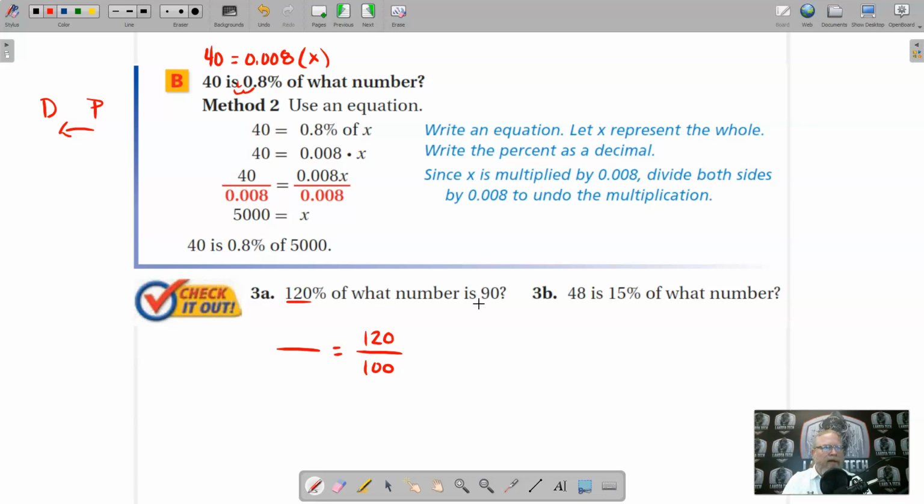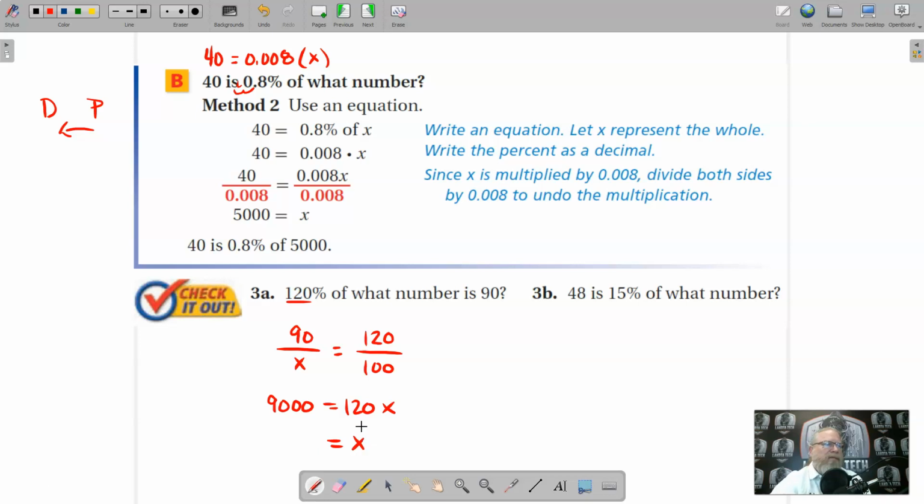What number is 120% of what number is 90? So 90 is the part. It's the whole that we are looking for. So let's do 90 times 100, 90, and throw 2 more zeros on there, right, for 9,000. And 120x. Now divide both sides by 120. I'd end up with x, and let me see,